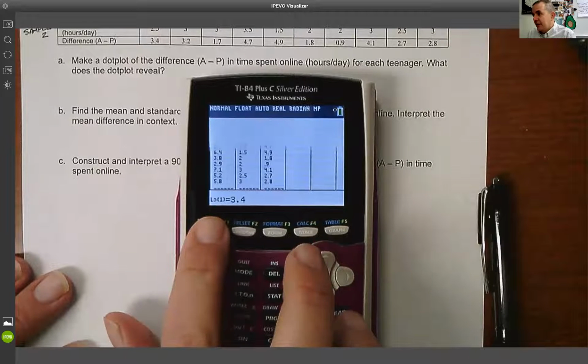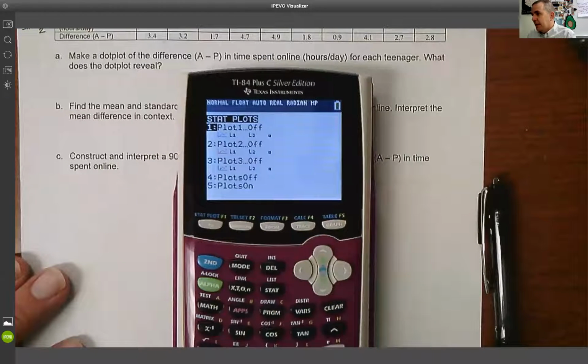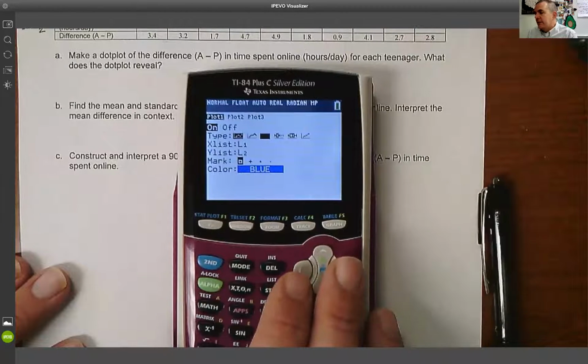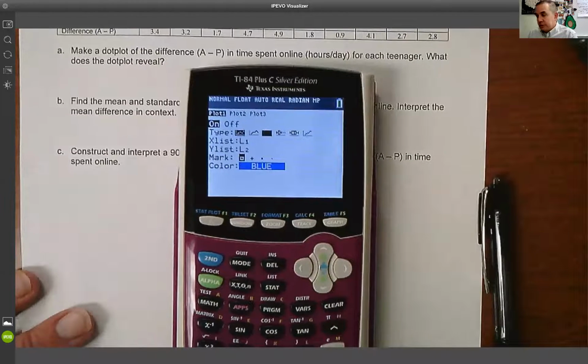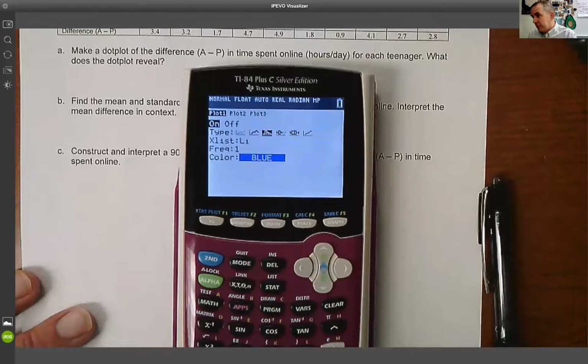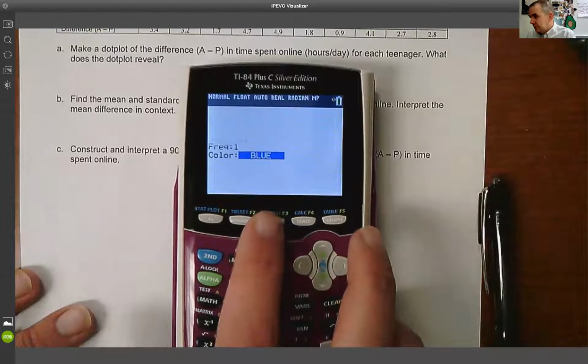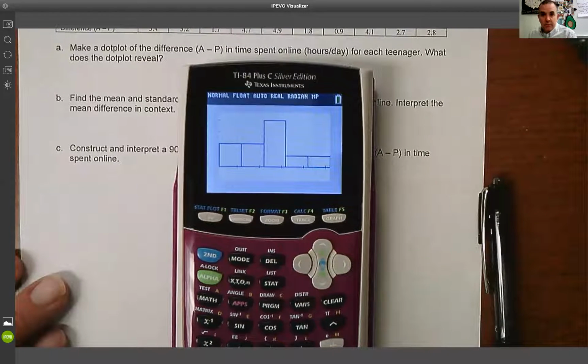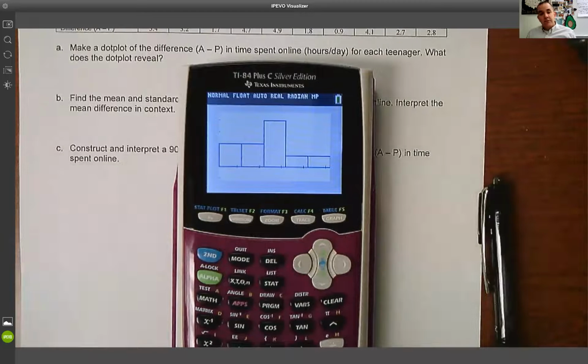Since I need to use my calculator to do the analysis anyway, let's use our calculator to do the dot plot. What I had said was histograms are really good at showing skew. So I'm going to pick my histogram. I'm going to do zoom 9 once I turn on the stat plot. If I look at that right there, I don't see strong skew, which is good because I have a small sample size. It's less than 30. So I actually need to look at the shape of the sample.